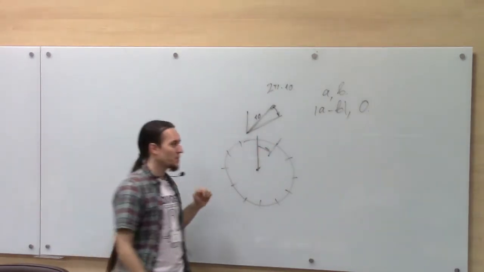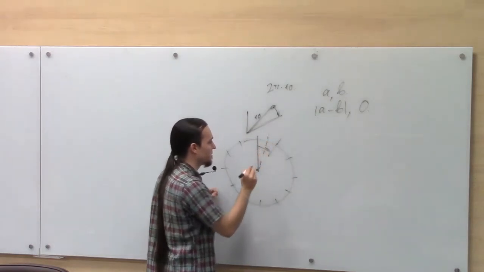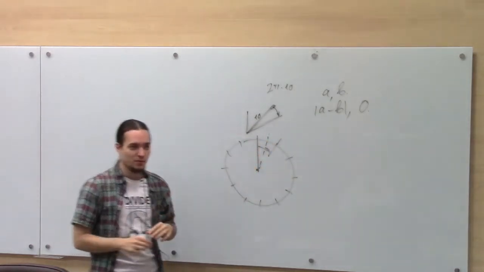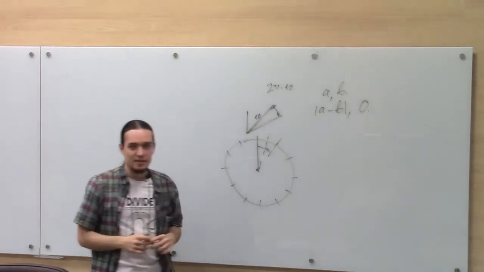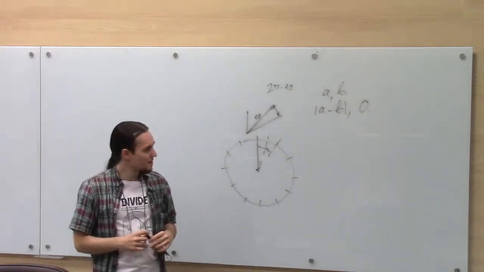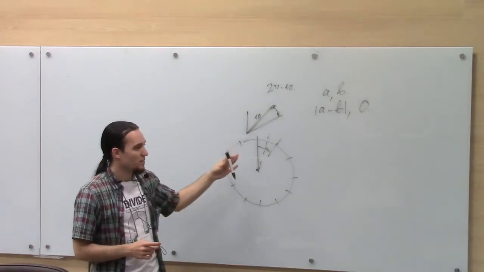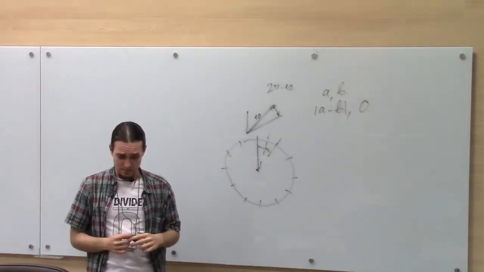And the reason for that is that if we align it somewhere in the middle, for example between positions, then the positions of hands that we will obtain